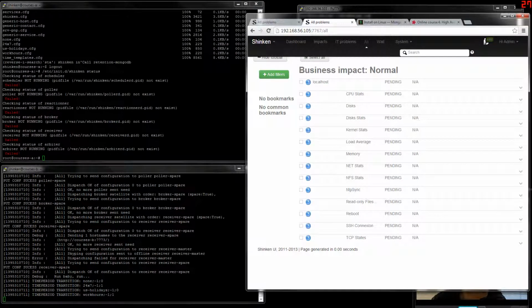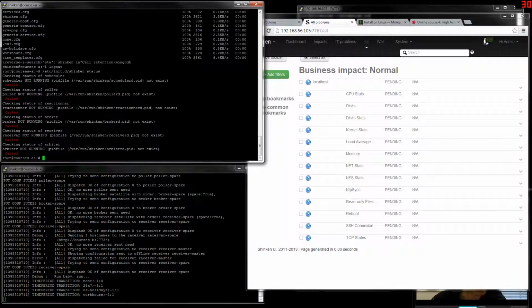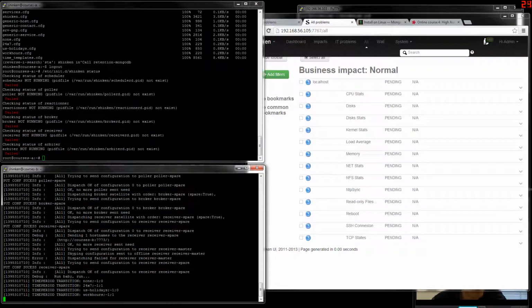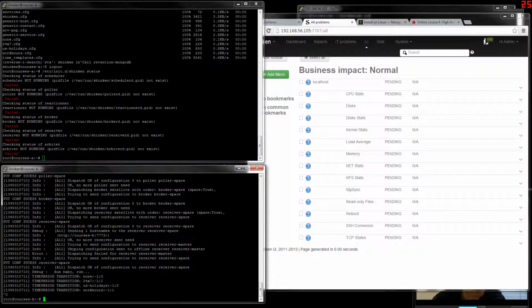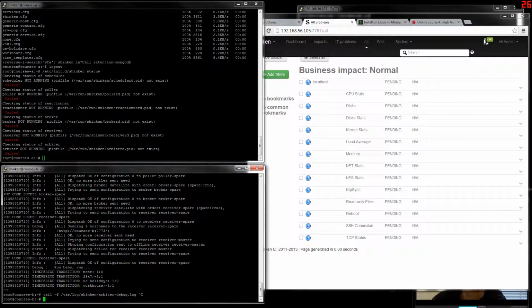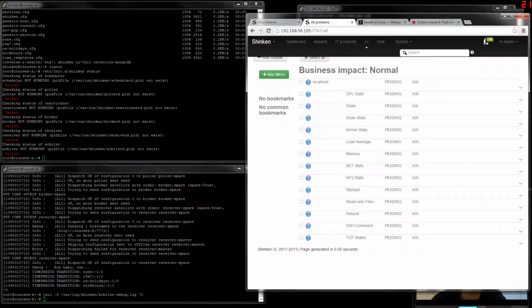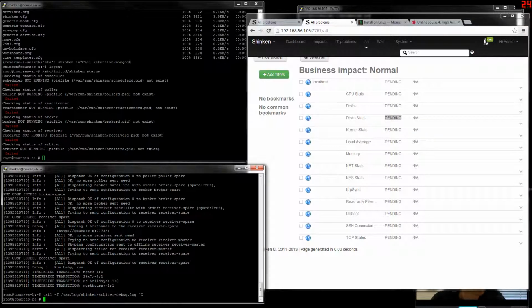So here we see the master is down, the spare one takes the lead. We look at the arbiter log, and now the web UI for the spare server is online, but we can see that all our checks are back in the pending state, because the spare scheduler does not have access to the retention data from the master server.